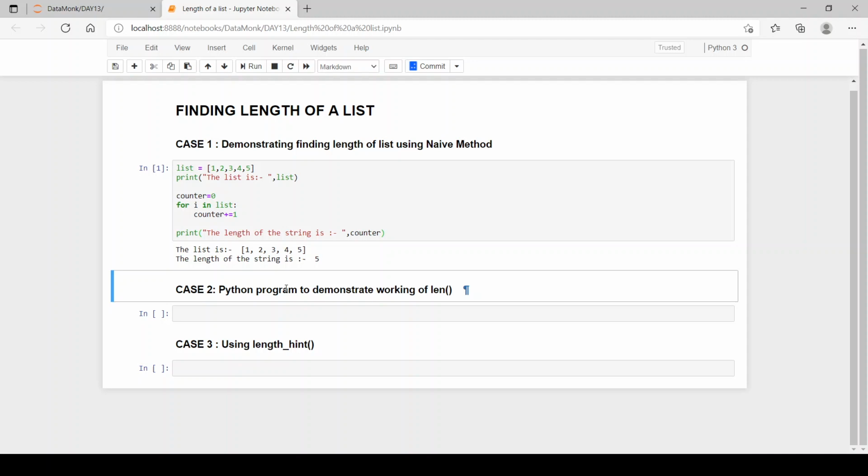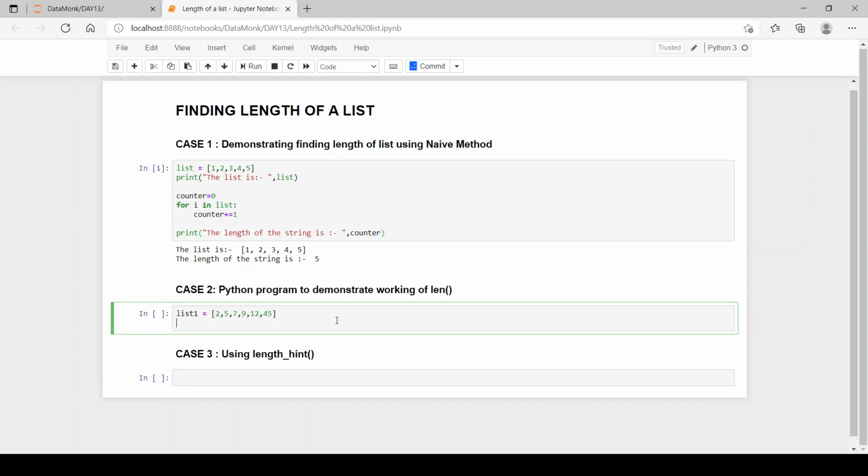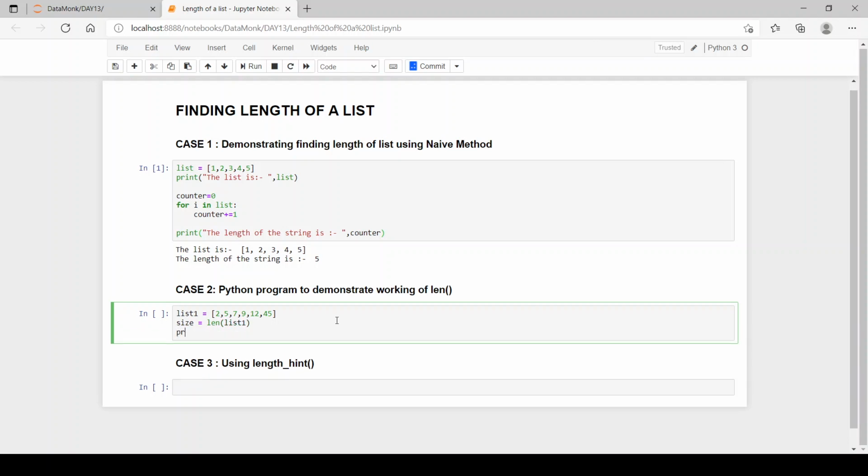Now case 2, Python program to demonstrate working of len. So by len we can find the length of the string. Let's see, list 1. Let's define another list with 2, 5, 7, 9, 12, 45 likewise, and now just do size equals len of list 1 and print the length of the string.